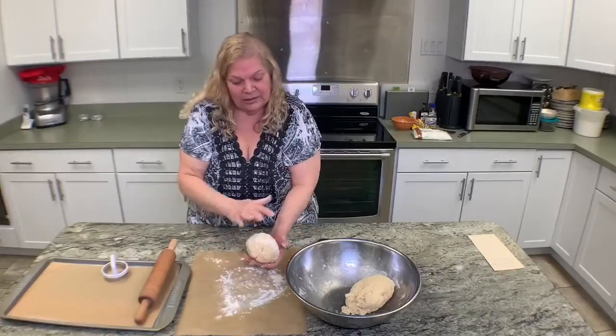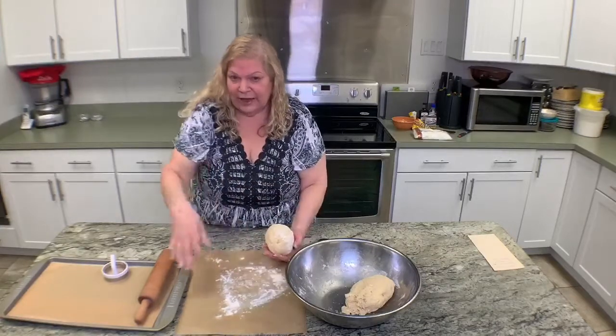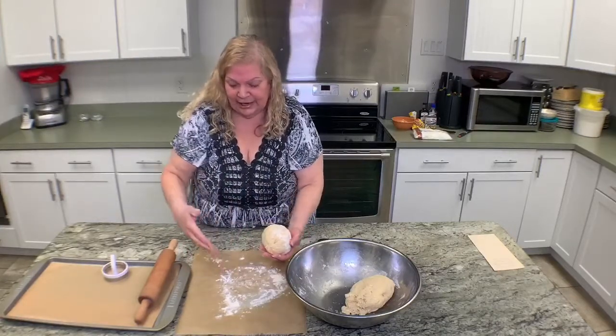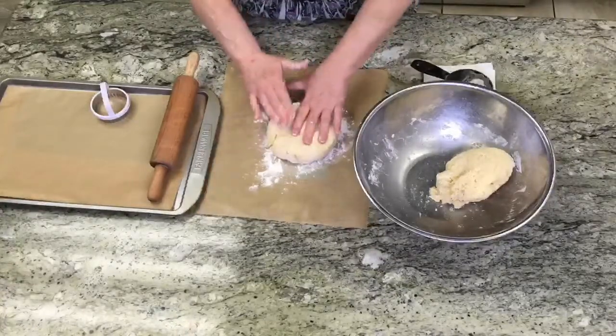So again, if I wanted to make the little triangles, I would take half a ball, roll it out as much of a circle as I can, and use a pizza pie cutter to actually cut it into little,